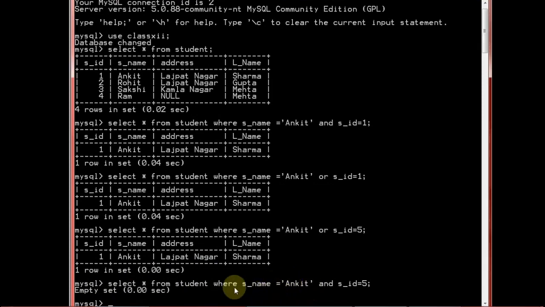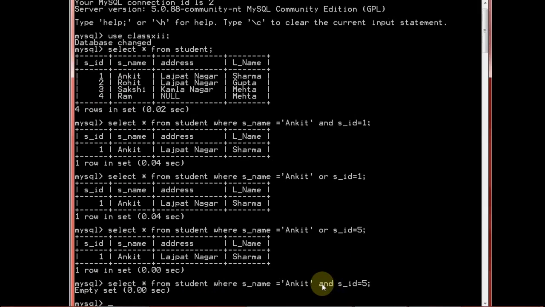Right now you have written the correct syntax, but in this particular table no such record is there whose student ID is 5 and name is Ankit. So it returns the empty set because the AND statement emphasizes that both conditions must be true.